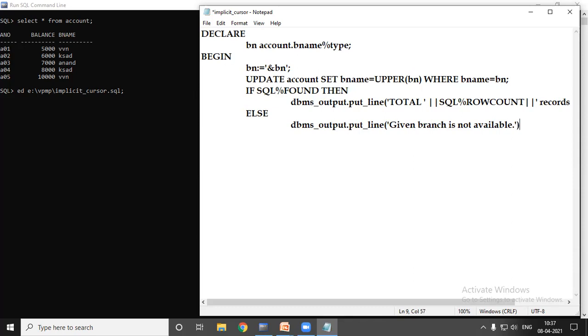Complete your message, complete your brackets and put the semicolon after that. Now complete the if statement using end if. So the if statement is completed. Now the end section. Our logic is completed. So end section, put the forward slash after that.